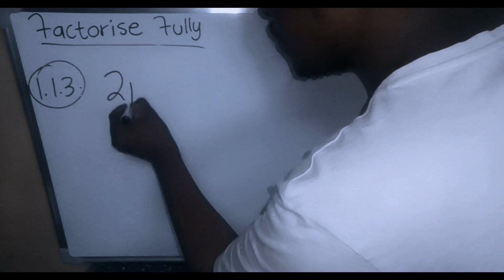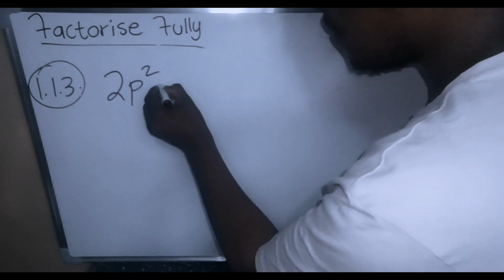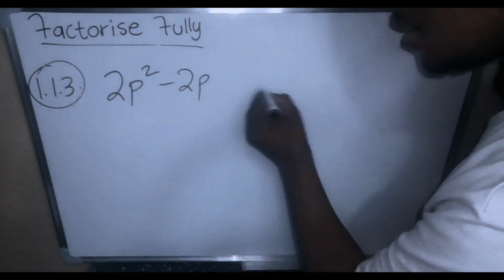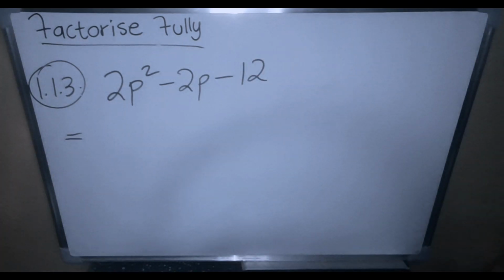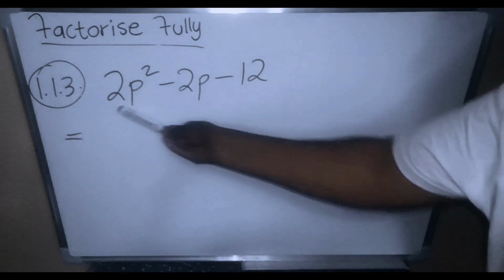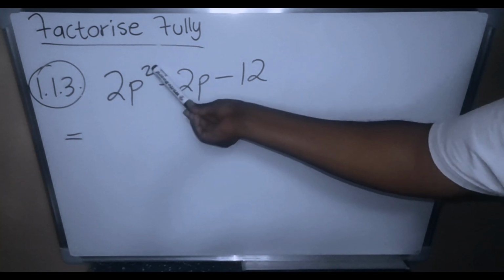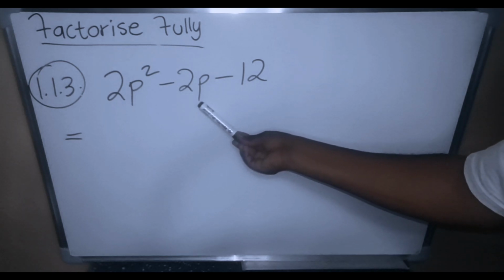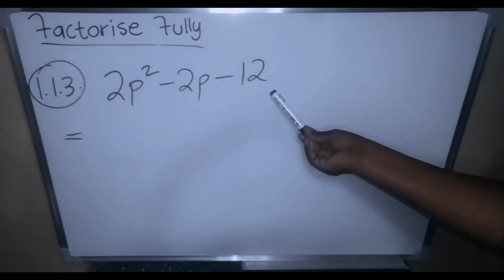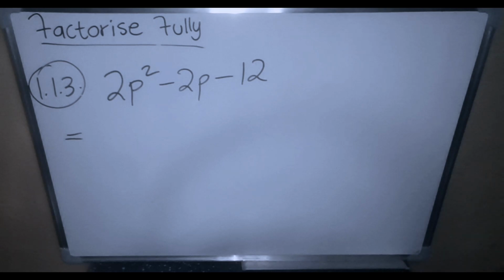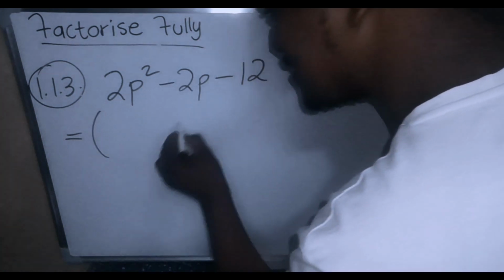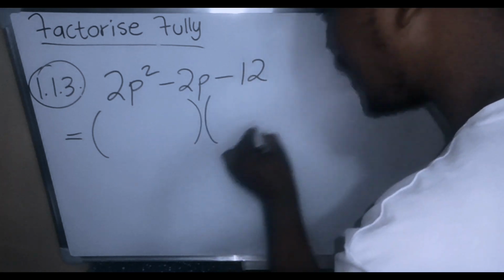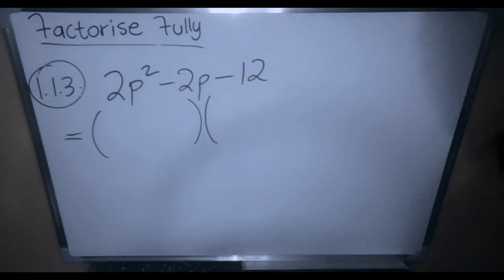We've got 2p squared minus 2p minus 12. Now, this one is a quadratic trinomial. Quadratic tri means 3. We've got 3 terms here: a squared term, a coefficient with a variable, and our constant. Now, a quadratic trinomial, if we've got a squared term, you open 2 brackets. First things first, you open 2 brackets. But before you open 2 brackets,